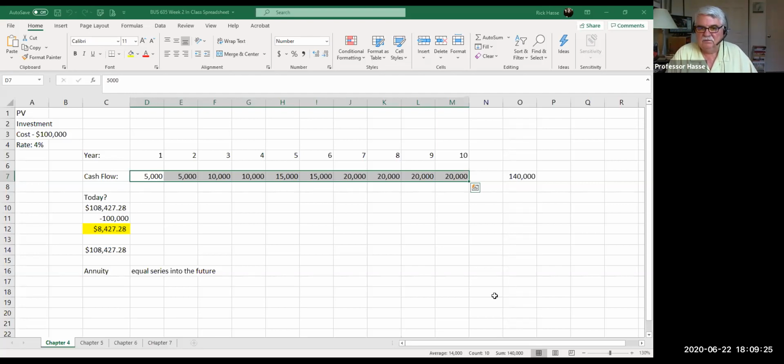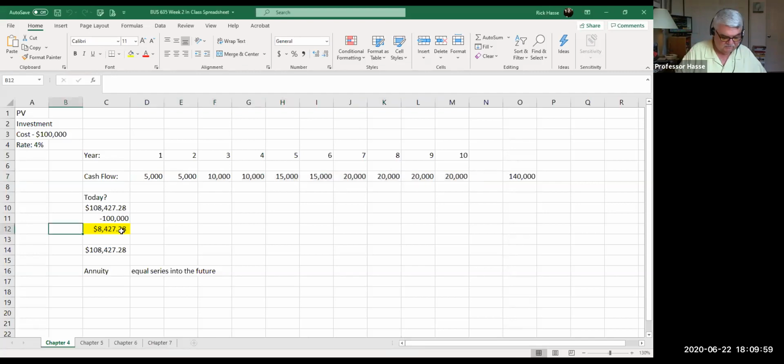So then we take that 140,000 and we discount it back over the 10 years at 4%, and we get $108,427. That's the discounted cash flow. In other words, that's the present value of that investment of 100,000. The future value is, of course, the $140,000, which are gating into the future. But we're doing a present value analysis of that asset because we want to compare what we're making in today's dollars to what we're investing in today's dollars. And that's what we call the net present value number. The net present value number is